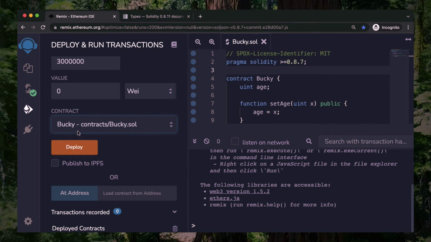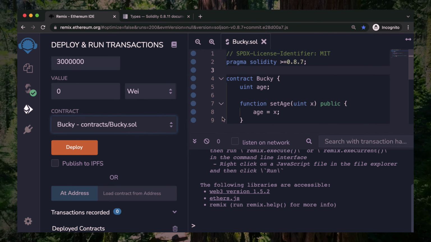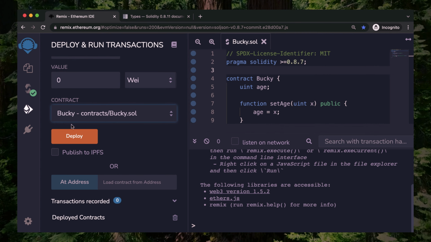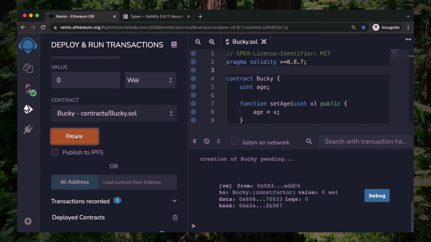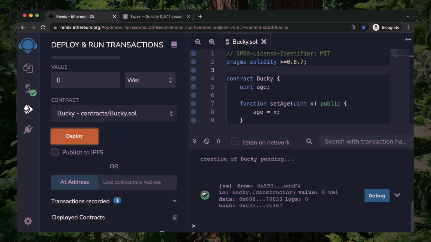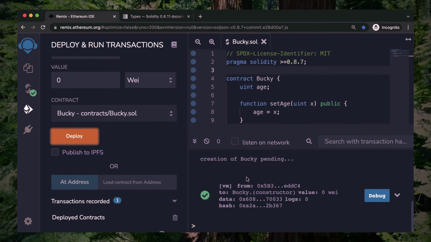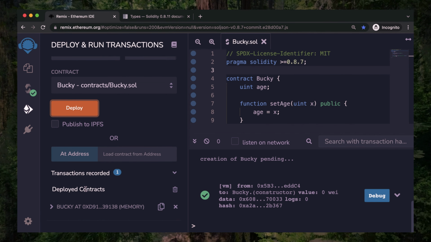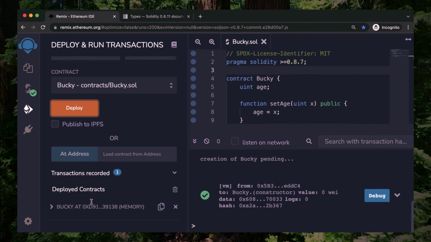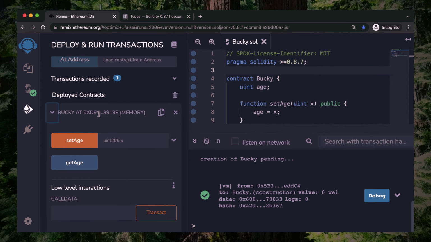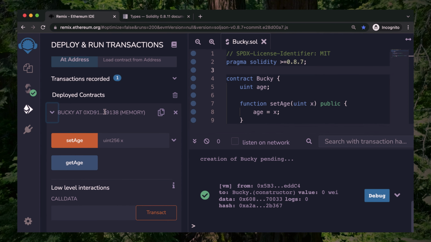So how do we deploy this to our fake Ethereum network? And I'm sure you can guess this. Once you have everything selected, just go ahead and hit deploy. And if everything was successful, then you should see a success message right here in your terminal. Now, another thing is that if you scroll down a little bit, you will now have a new item under this deployed contract section. And this is essentially a reference to that contract, or in other words, an instance of